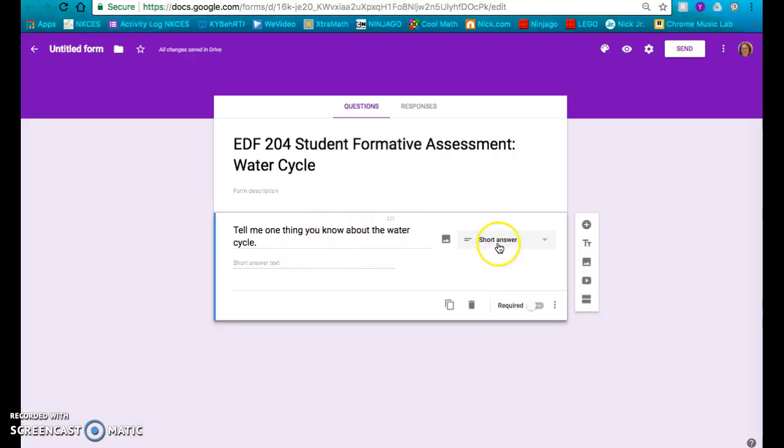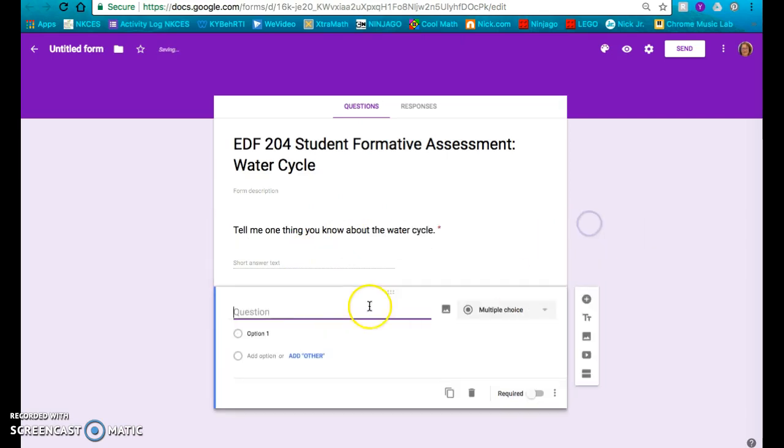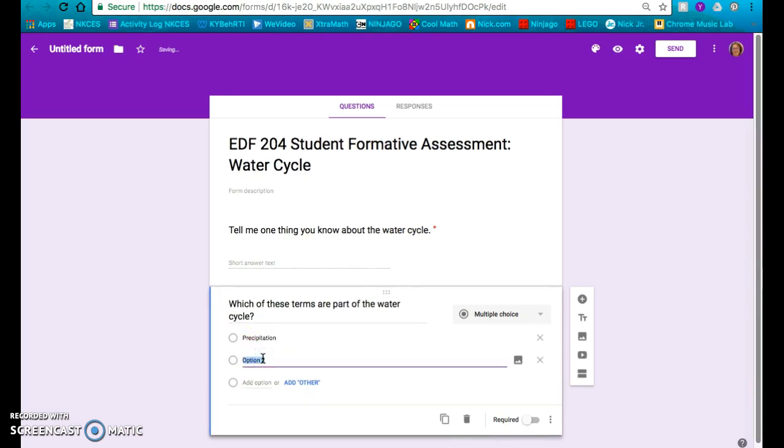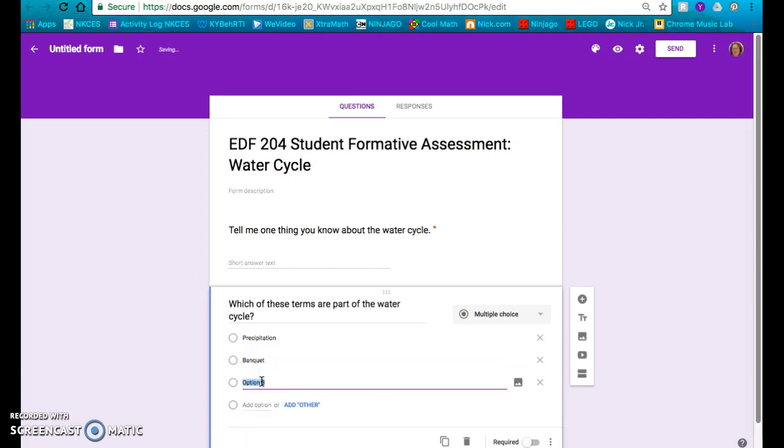All right, so I've got one short answer. I'm requiring you to answer it. Click on the plus to get a new question. Which of these terms are part of the water cycle? So now I'm going to do multiple choice. So option 1 would be precipitation, banquet, evaporation,